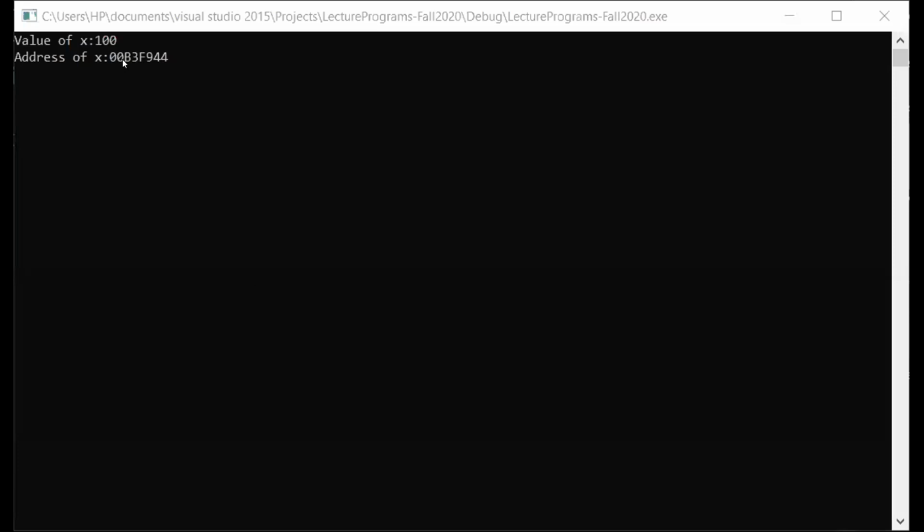Previously it was D something, now it is B3F944. So every time you run this program, a different memory location will be allocated to this variable x. So that's why we cannot guarantee what would be the address. By chance it can be same, but in most cases it would be different. Okay, so now let's go back to the program and we try and extend our program further.